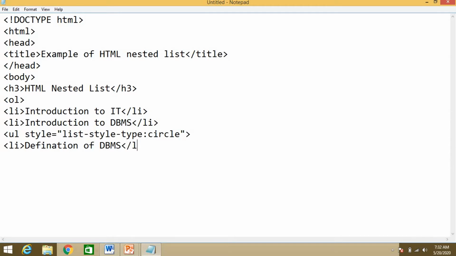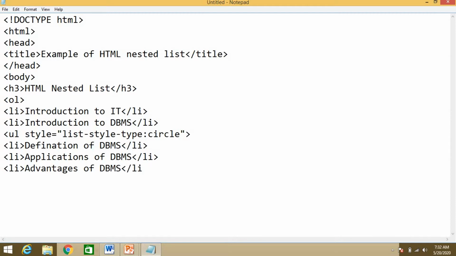Close this li tag, and then li, applications of DBMS. Close this li tag. Li, advantages of DBMS. Close this li tag. Now after that close this ul tag also.